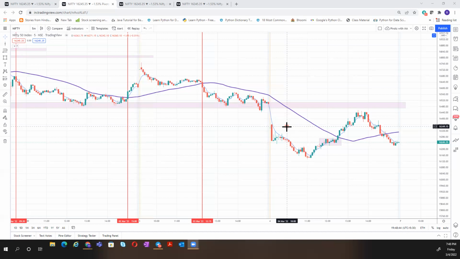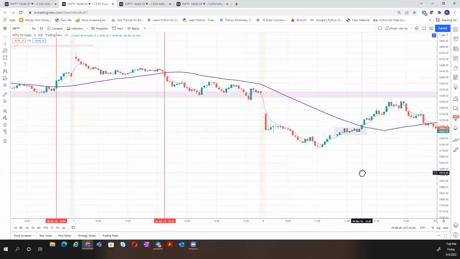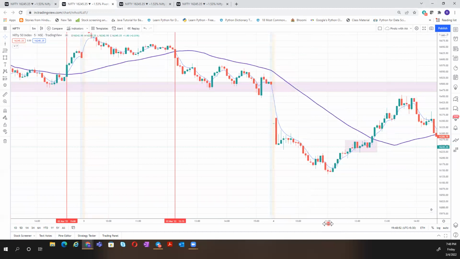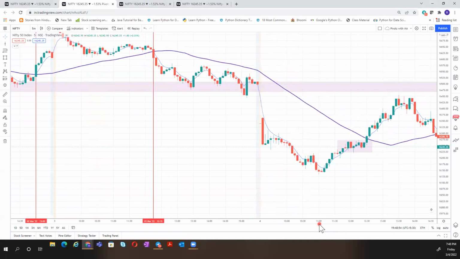Now, without wasting time, what you're seeing is a Nifty chart. Why Nifty? Because I trade only Nifty. I'm a full-time working professional, an IT program manager. But you can use this on any chart across the globe. If you just change the name to Apple, Netflix, Amazon, or Bank Nifty,